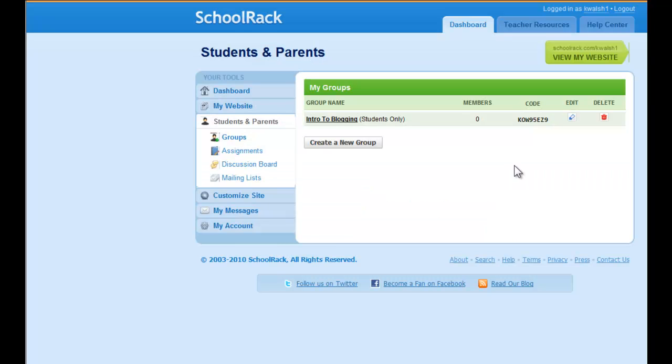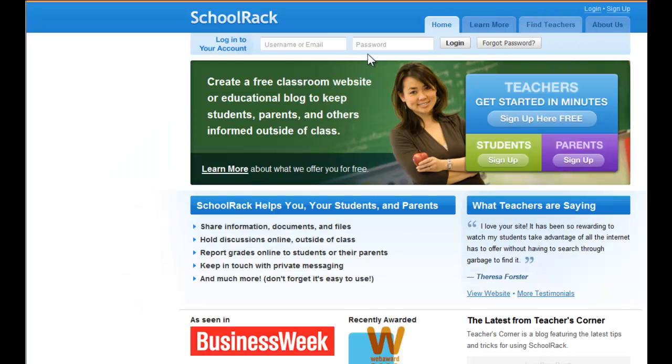Here I'm checking out how a student would access this site and what it would mean to them. Obviously, anybody can go and access the site itself, but to participate in a group and the assignments, and see what it looks like from a student perspective, I created a student account. Then back here on my teacher account, under the group section, is this code. And if I take that code and log out, and then log in as a student,